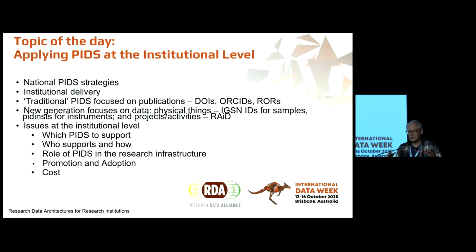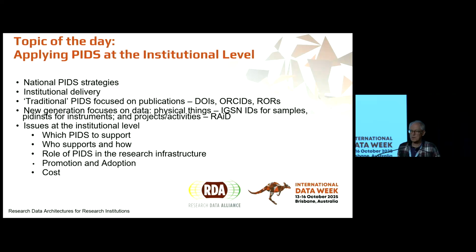So we all know there's been a huge amount of work done, and there's an ARDC working group on national PID strategies. So there's a lot of work in Australia, in many ways leading the way in terms of thinking about PIDs at the national level, national policy, and then moving from policy to implementation. But in most cases, PIDs are going to be delivered or partially delivered at the institutional level. So there may be national policies, but how do those policies get translated into things which work for institutions, and how do institutions impact the way in which national policy is developed?